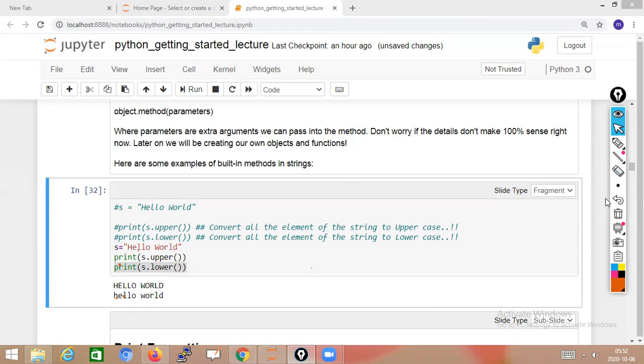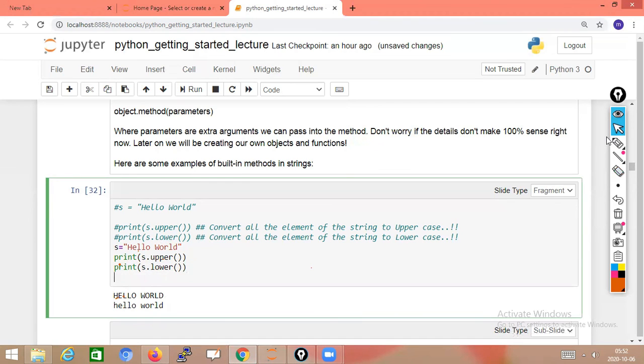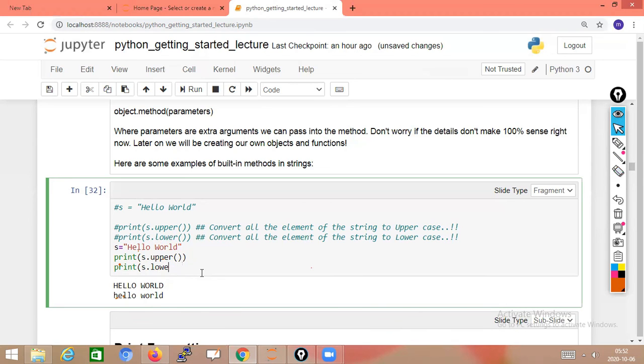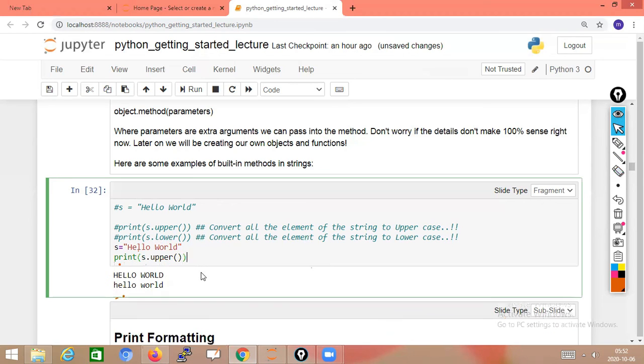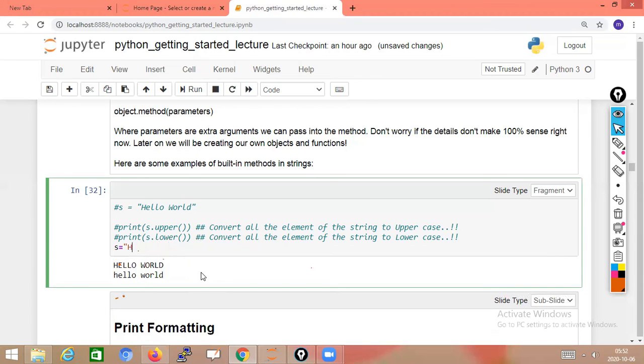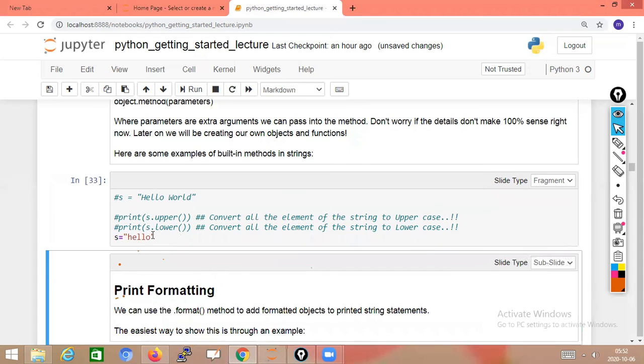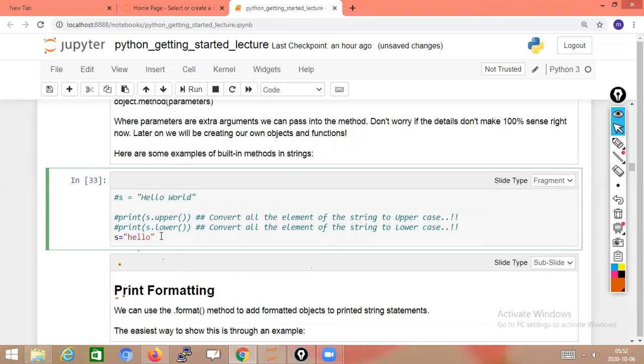If you want, we'll see one more. For example, we erase this. You take only HELLO. I'm taking s as a variable, or we take something new.